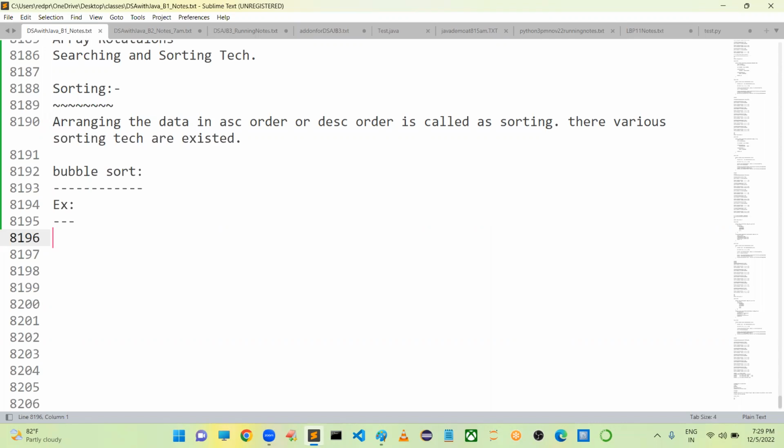Do you have any doubts, friends, up to this? Please confirm. Yeah, I will explain in the diagram by taking the example. Rohan,